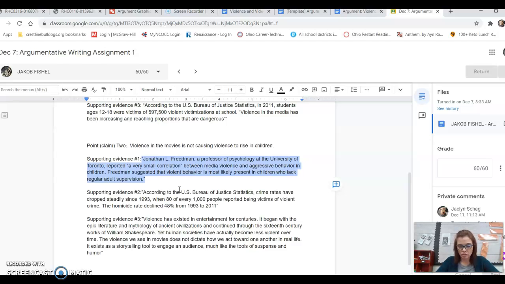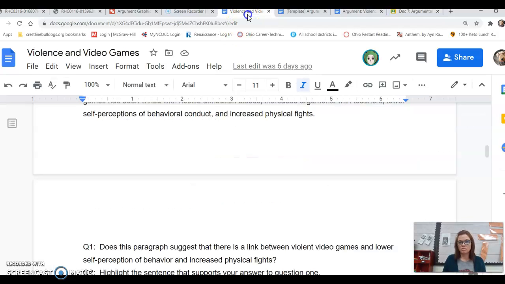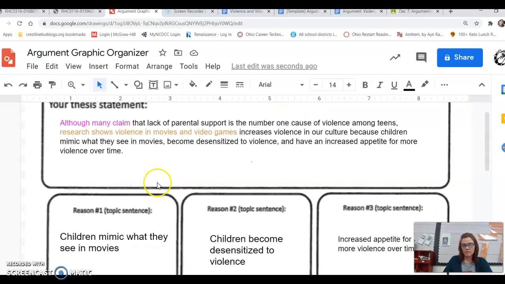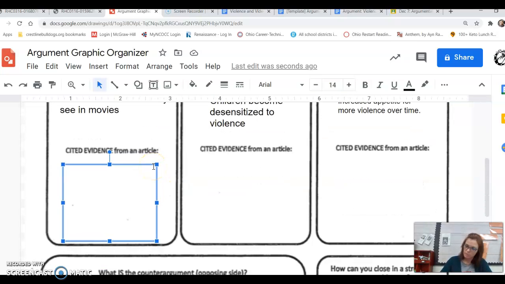Whenever you mention someone by name, you have to give their credentials. And credentials is another way for just, remember our vocabulary word, credible, believable, trustworthy. You can't just put in a statement, Joe Schmo said, because who is Joe and who is he? Why do I care? You have to make sure that when you are citing evidence from an article, if you mention a name, you need to then qualify it. You need to tell who that is, okay?